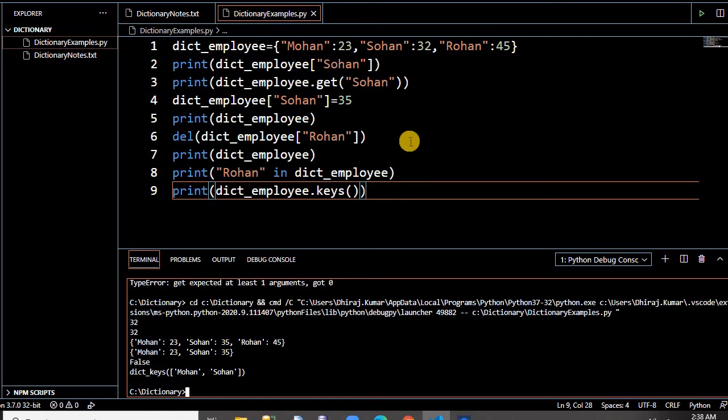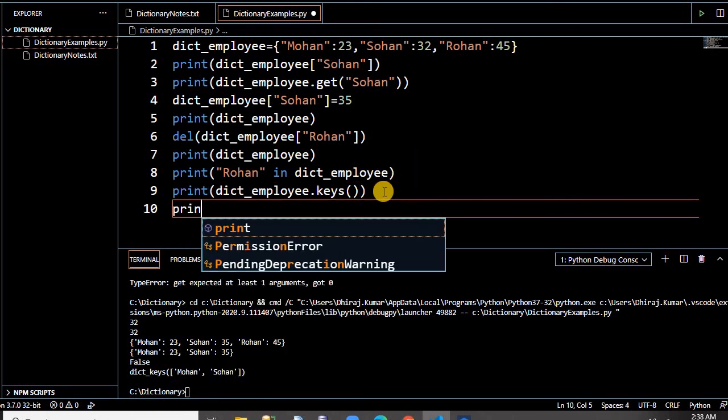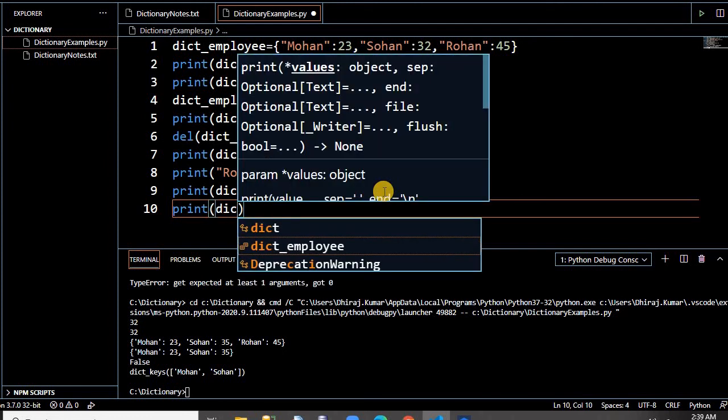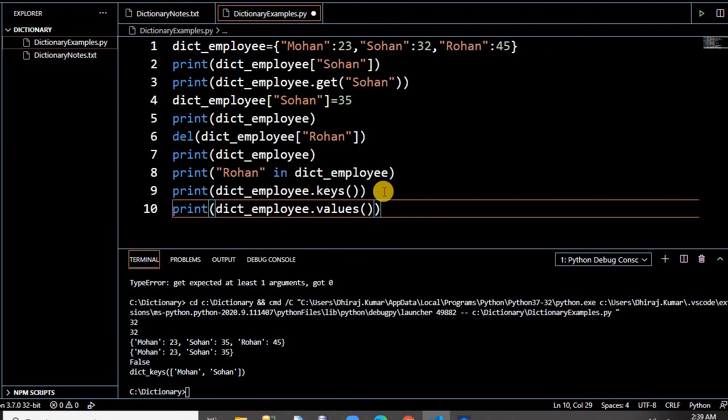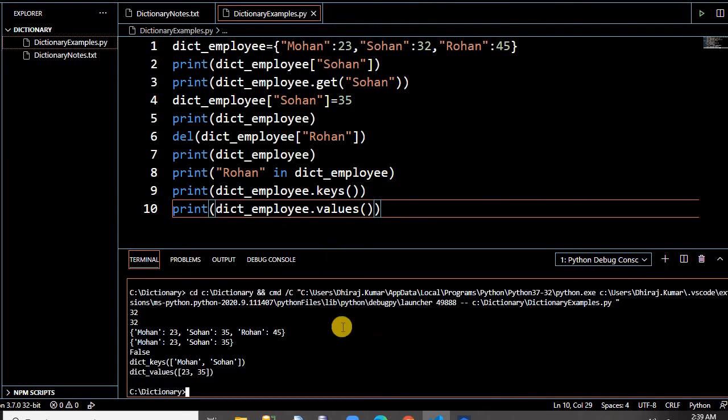In the same way, if you need all the values, there is one more function, dot values. Here it's giving all the values of the dictionary.